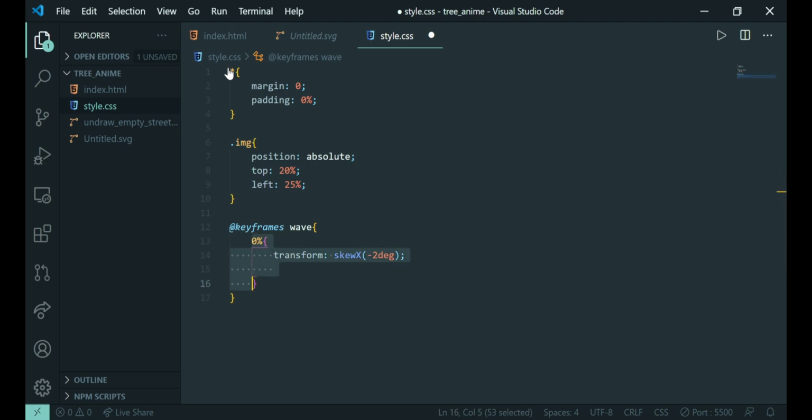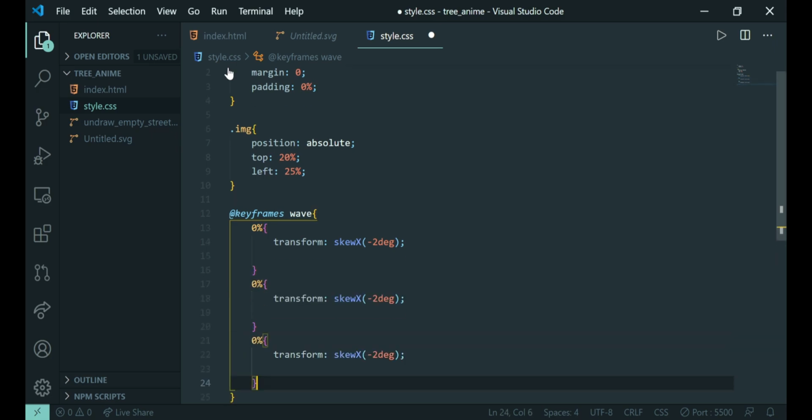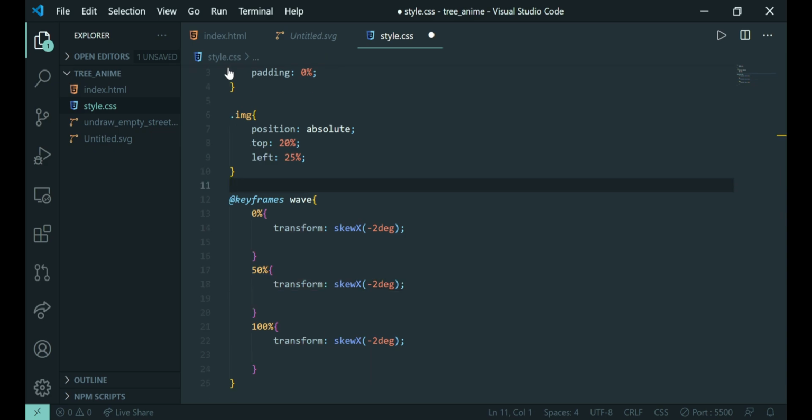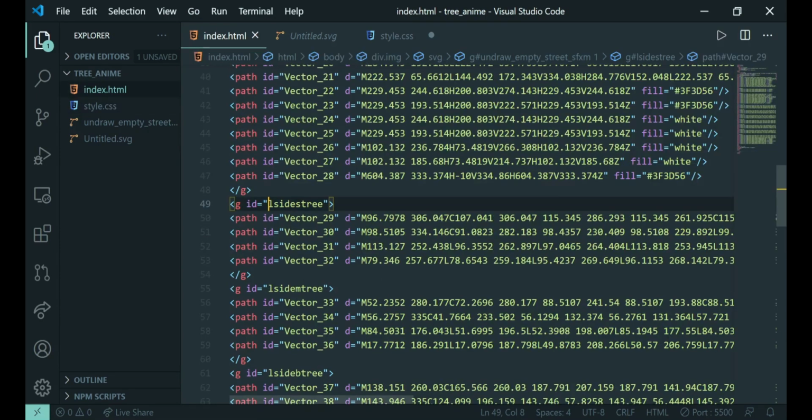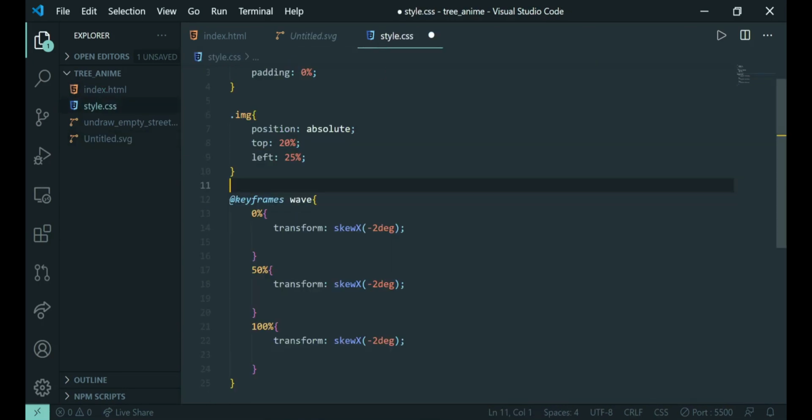and then we can select this 3 times, one for 50% and one for 100%. We have just created our motion, but now we have to give this motion to our images. First of all, we will be selecting this, and we will be giving this an animation.